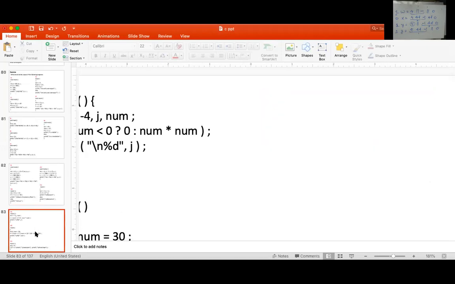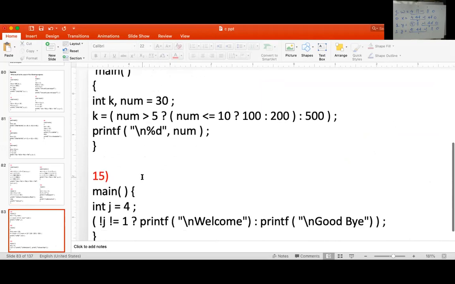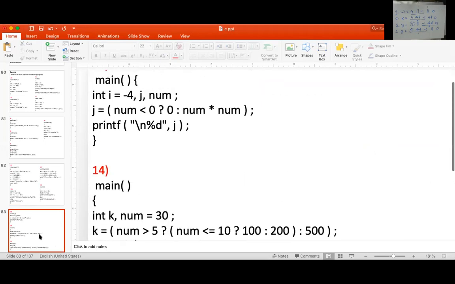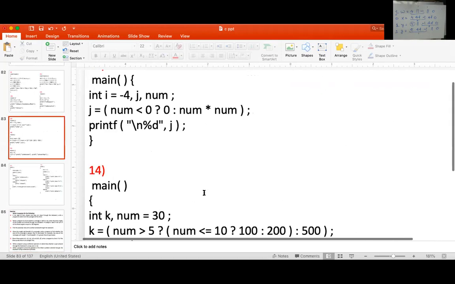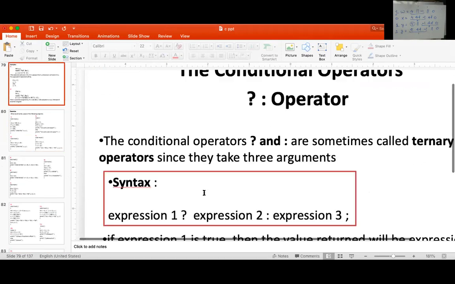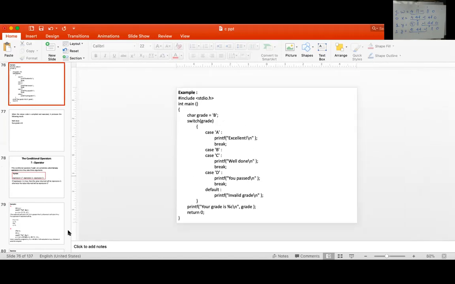Go for the precedence table. Okay, so these are related to the and switch case. So for today actually this is the only point, but